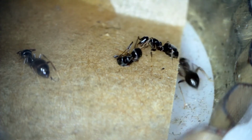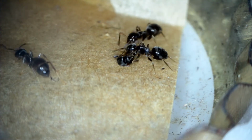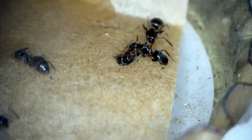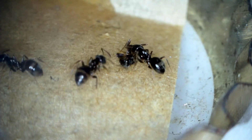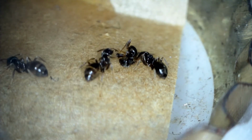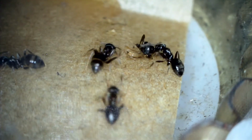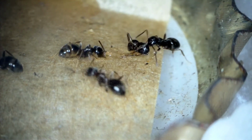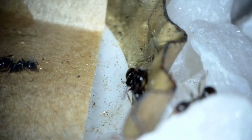And I must apologise now for what you're about to see, but when you're using a microscope camera like this, keeping track of ants when they're running around is really tricky. So I'm sorry for the quality of the shots about to come up. But yeah, here she goes, get the whole thing. And she's still really quite glooped up, as you'll see when she picks her up. You can see the maple syrup still quite all over her. And off she goes, heading back to the nest with the gunked up body